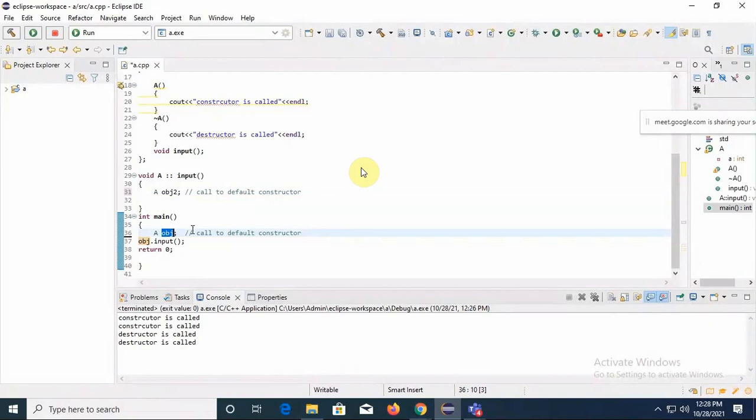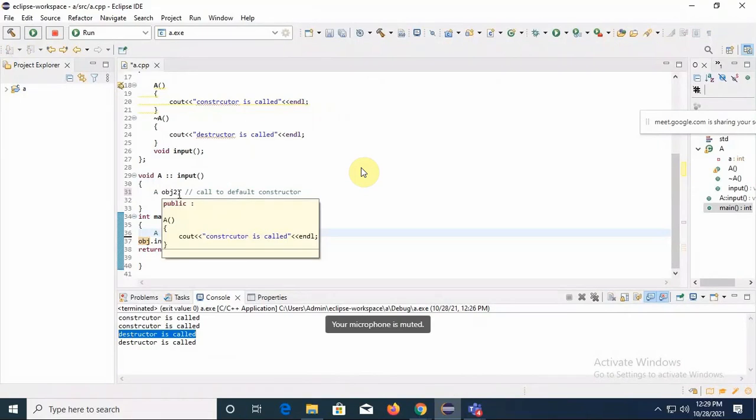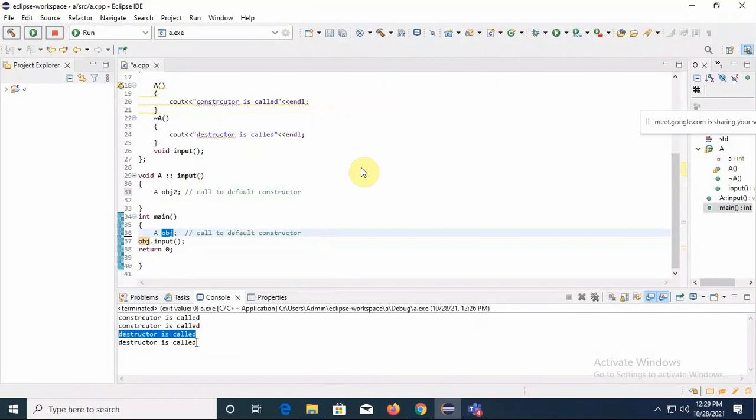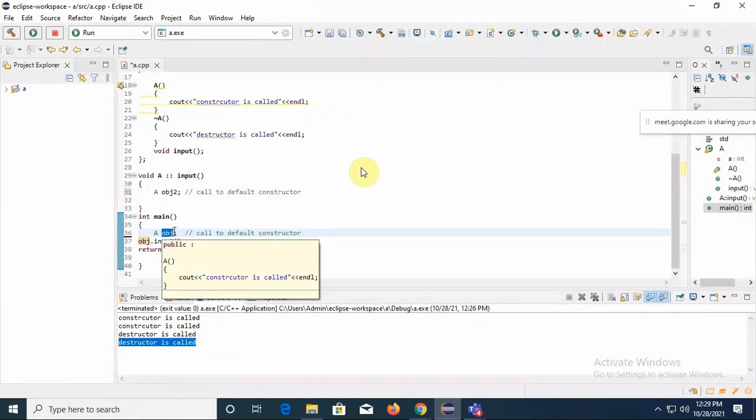So this message, destructor is called, is for obj2, because it was allocated later, and this destructor is called is for obj, because for it we called the constructor first. So the object for which you call the constructor first, its destructor is called last. Always remember this sequence. Okay, so this is nothing but a simple concept of constructor and destructor.